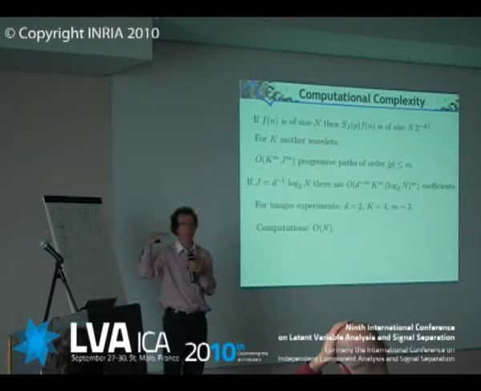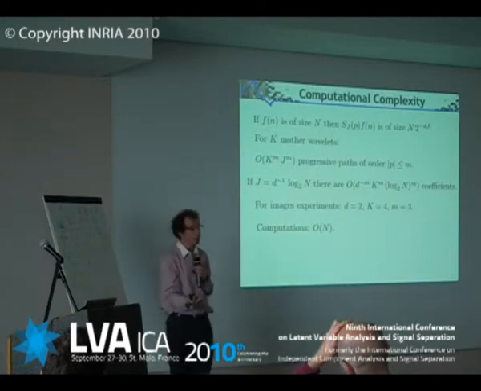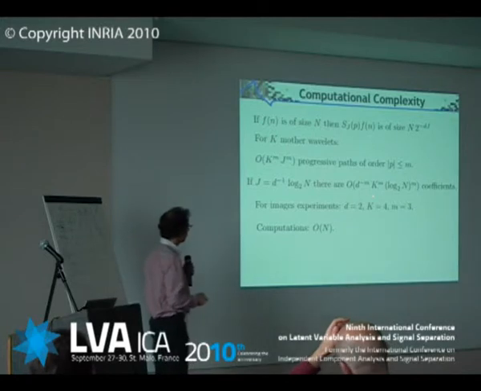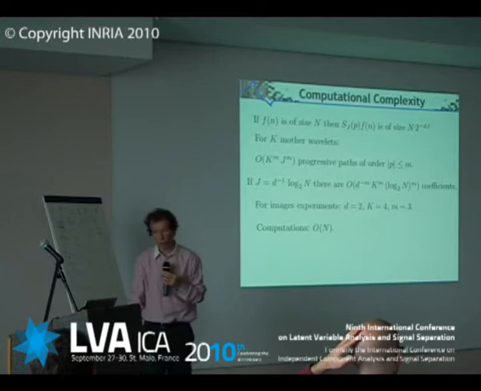Not surprising, because I've created invariance. I've lost information. So it's not surprising I get something which is smaller. I did a dimensionality reduction. Basically, m equals 3, k equals 4, computations O of n.